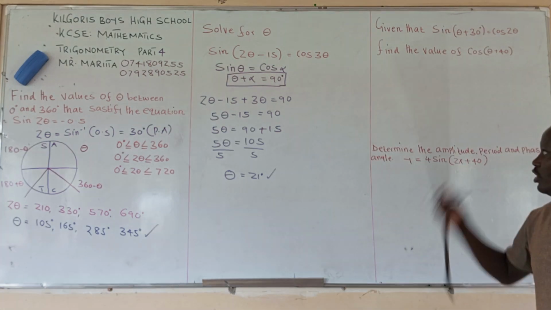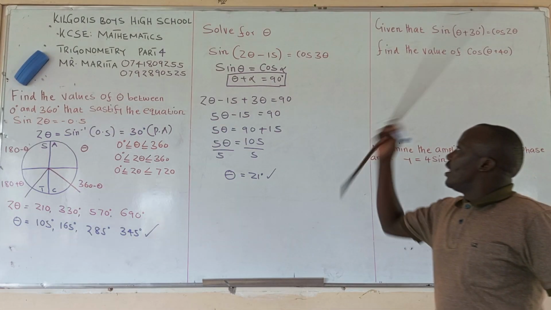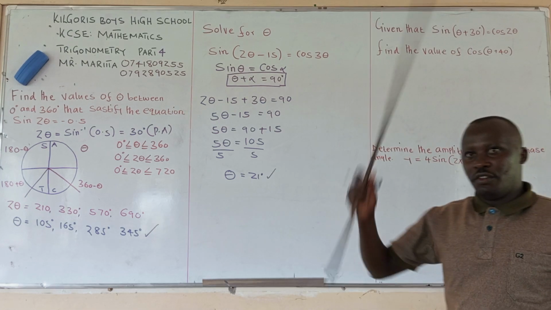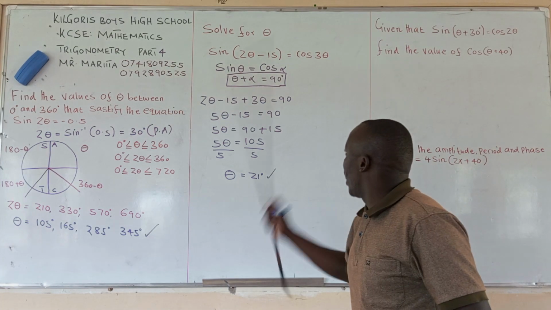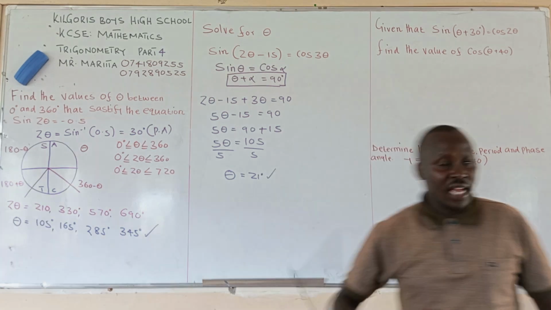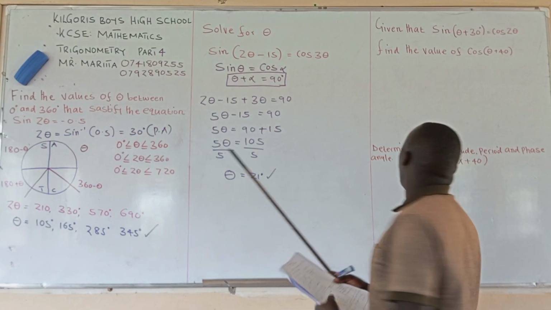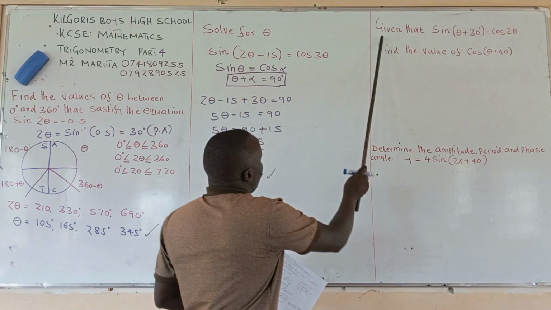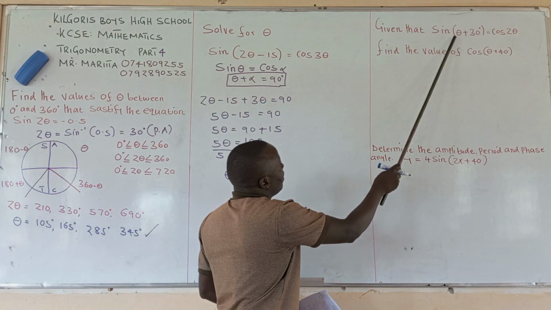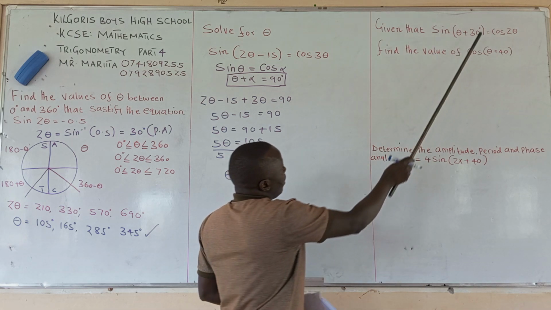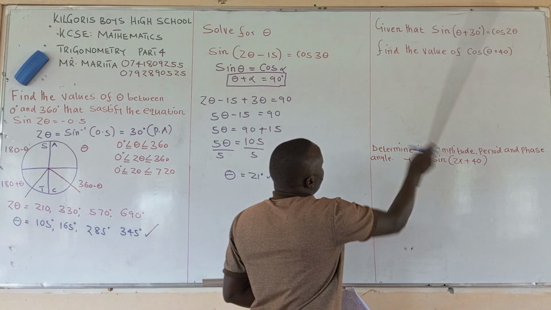The one thing you need to understand is that wherever there is a sine and a cos, you say sine theta equals cos alpha when theta plus alpha is equivalent to 90. Given that sine theta plus 30 degrees is equal to cos 2 theta,